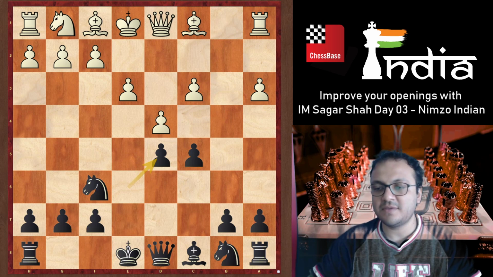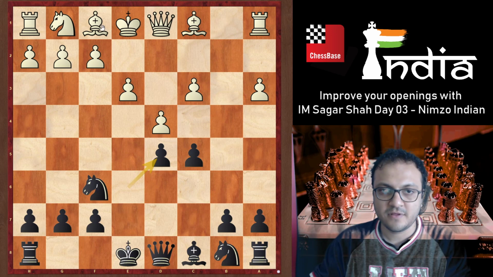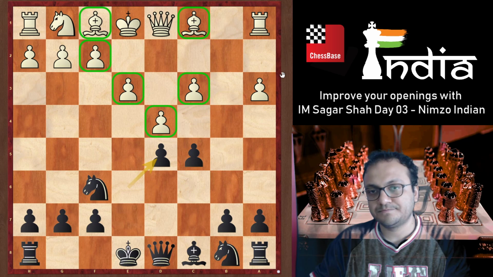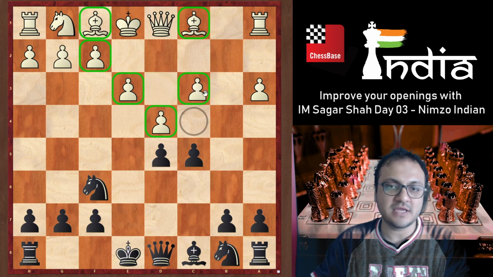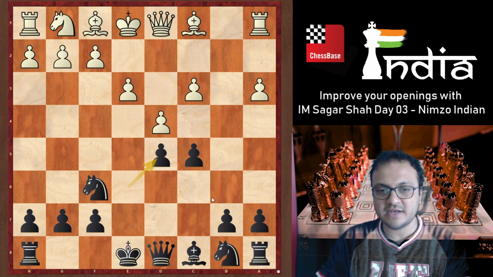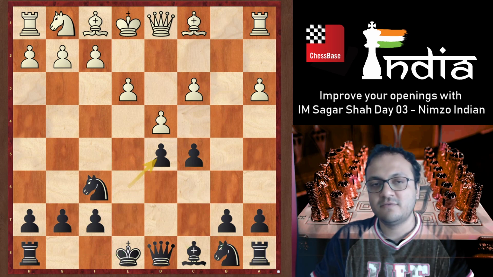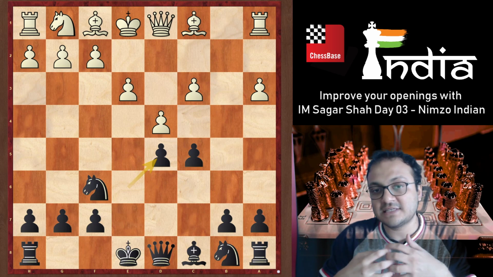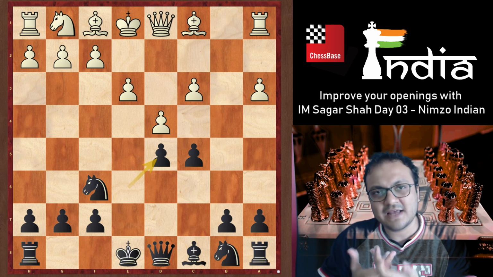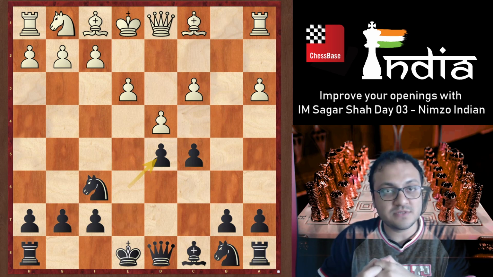Yeah, in general, white looks better in this position because he has the bishop pair, also the very strong center, which is fortified because the pawn came to c3. But black has very free development. He can develop his knight, he can put his bishop out, he can castle, he can put his rook on e8. So all in all, for Capablanca, who was a very classical player, it felt like black has no problems. But Botvinnik showed him what the problems in this position are.